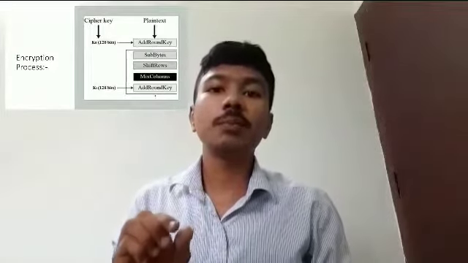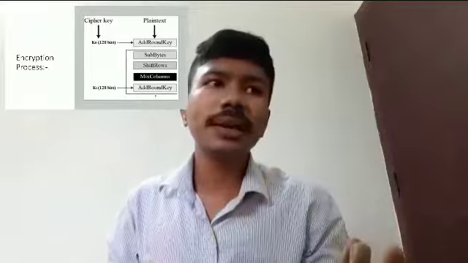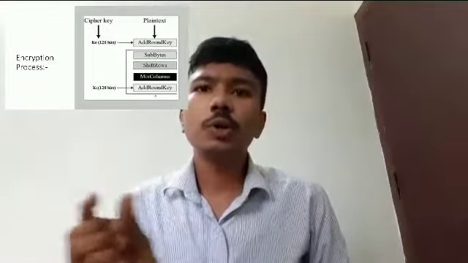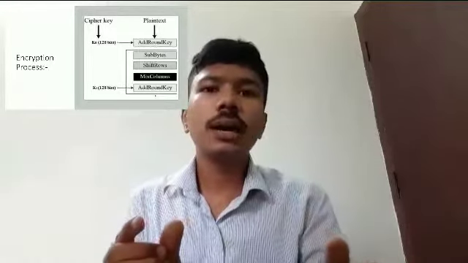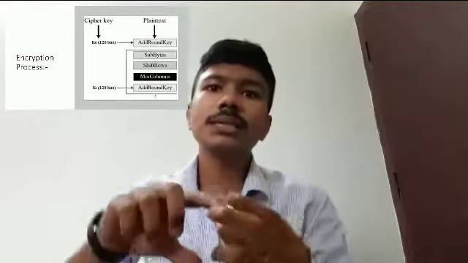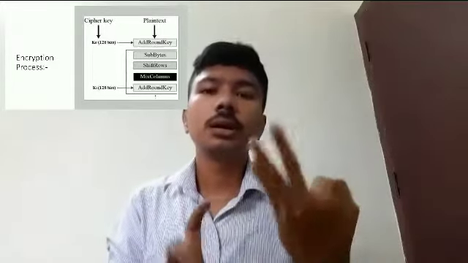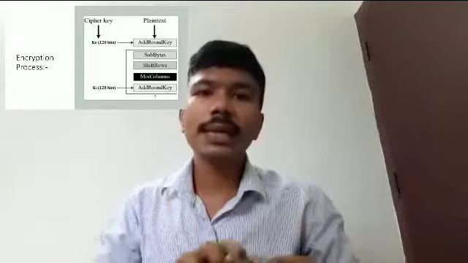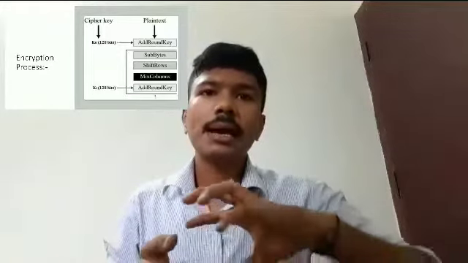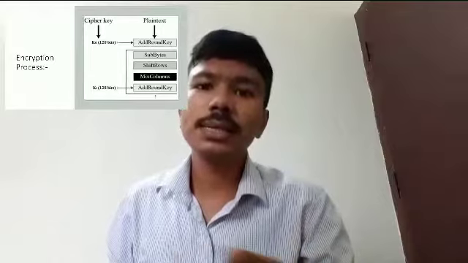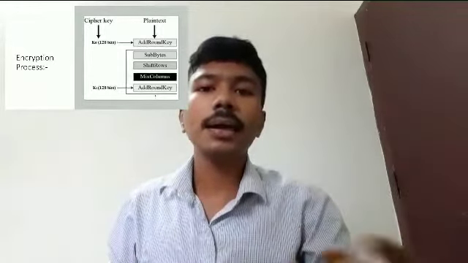This is the encryption process. I have some simple diagrams: cipher key and plain text are converted into 128 bits, then go to the add round key. It's converted into 4 sub processes: shift rows, sub bytes, mix columns, add round key. That's converted to 128 bits. This is what happens in the AES encryption process. Again, next slide, please.